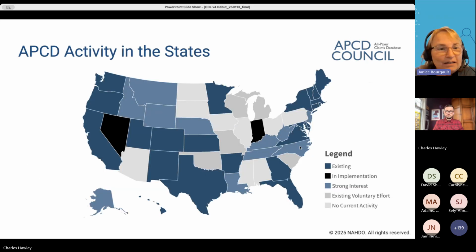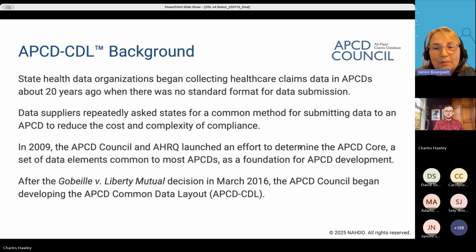So when APCDs first started about 20 years ago, this was also around the time when the X12 HIPAA standards were first being implemented, along with other standards like provider NPIs, taxonomy specialty codes, etc. And with that said, the initial APCDs did use the X12 standards as a reference to develop their data submission guides, and that initial group of APCDs were somewhat aligned in their technical specifications as early adopters.